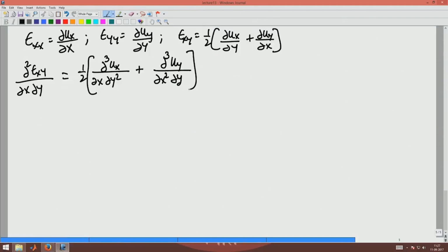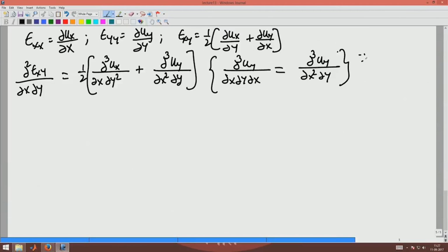Here again I use the fact that ∂³u_y/∂x∂y∂x can be written as ∂³u_y/∂x²∂y,